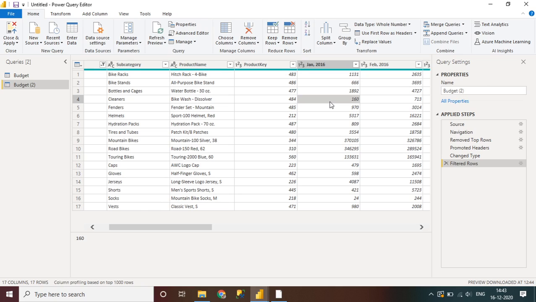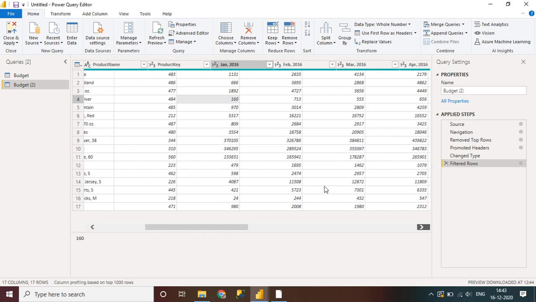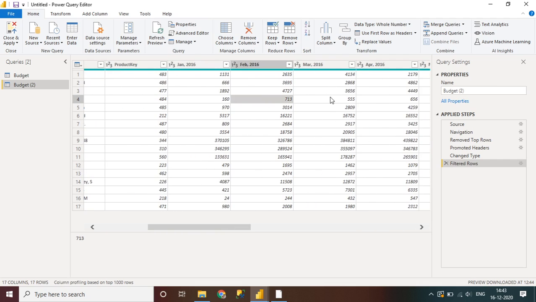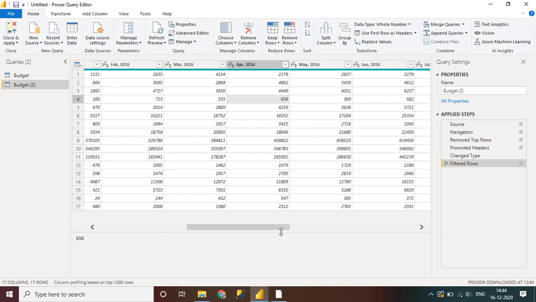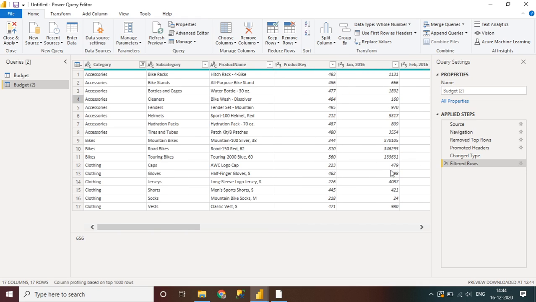But imagine if you wanted to calculate the total budget for the particular subcategory. Power BI has to go to each of the rows and do the calculation, or we can say do the addition of each of the budgets mentioned for each of the months. So it will be a very tedious job. Instead, we can unpivot this data, so that these budget values will be presented in the form of rows instead of columns. So how can we do it?